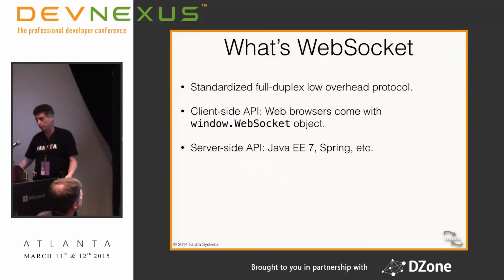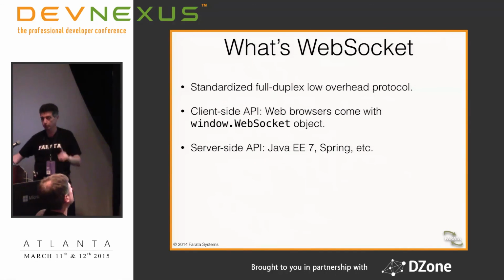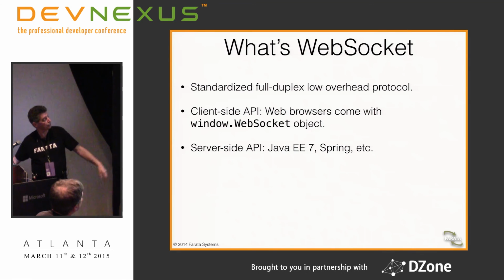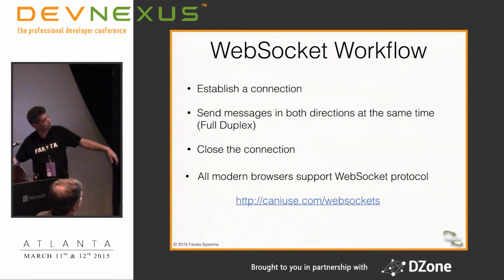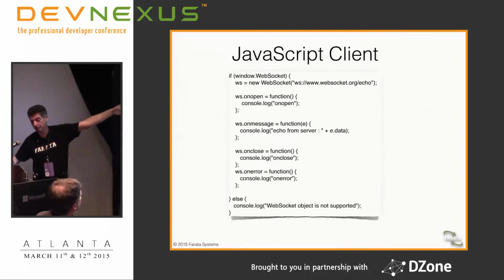WebSockets is a standard supported by Java EE 7, starting from specification 7. Very easy to do. Here's an example in JavaScript, which you would write. When you establish a connection with WebSocket, it immediately upgrades the protocol. If that happened, there is no HTTP anymore. After that, done. Only the upgrade request.